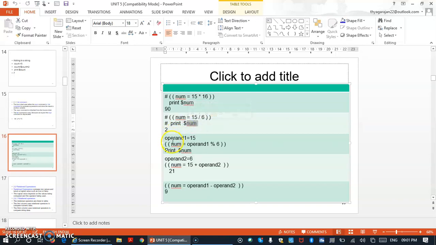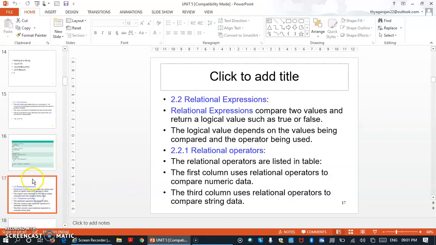Then operand1 equal to 15 and num is equal to operand1 modulo 6. I am using a modulo, which gives the remainder. Print $num. Operand1 means 15, mod 6. So we can perform all mathematical operators within a shell script.